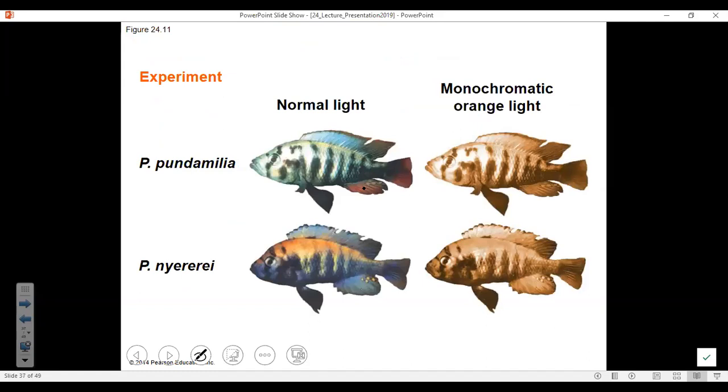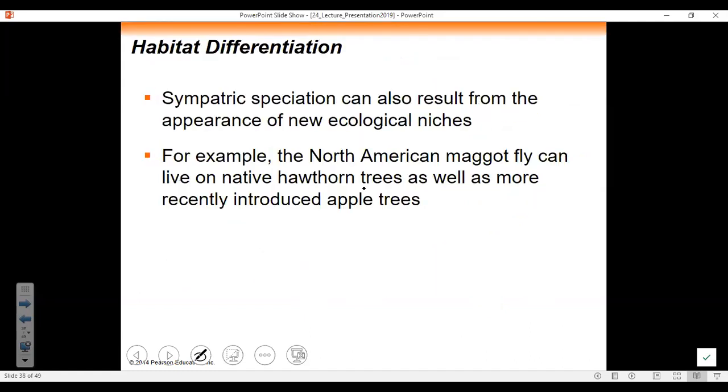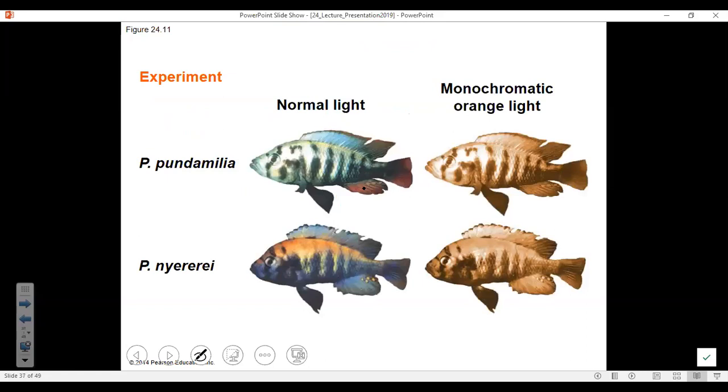Here you've got nice little fish in different colors, and you can see in normal light versus in an orange light, they look kind of different from each other. When they had a change in the murkiness of the water, the P. nyererei was able to stand out more, attract more mates, and it caused a separation of them,